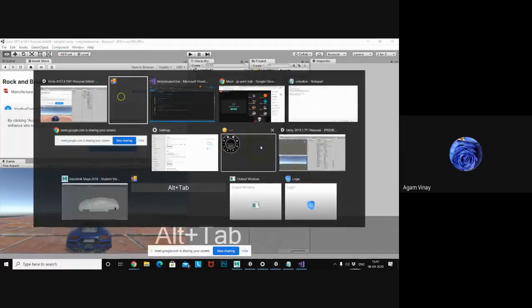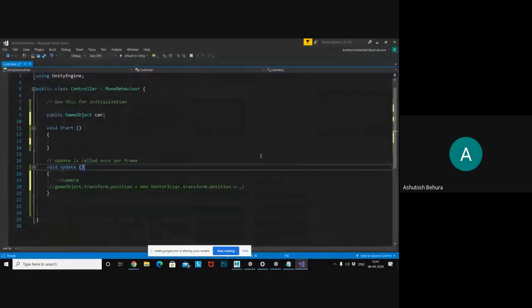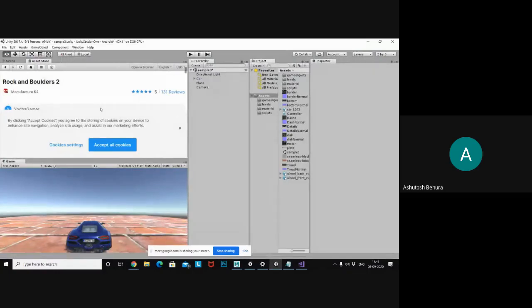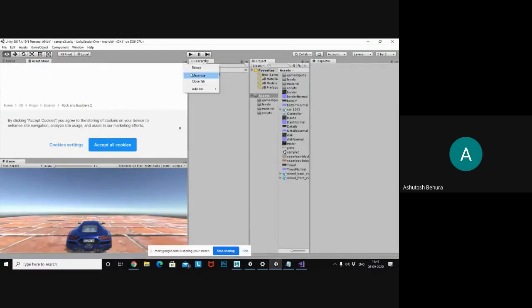Hello. Yeah. Can you integrate our phone's motion sensor with this project? Like, if I move my phone, automatically the car will go forward, backward, left, right. Yeah, if there is an existing API.